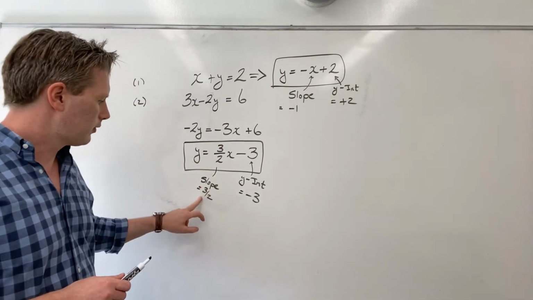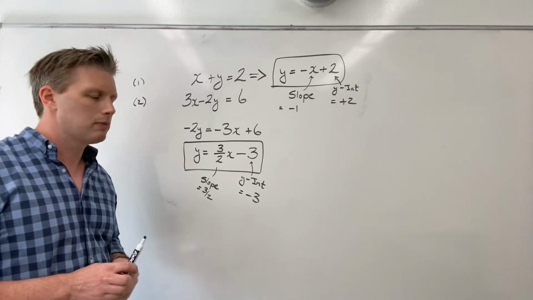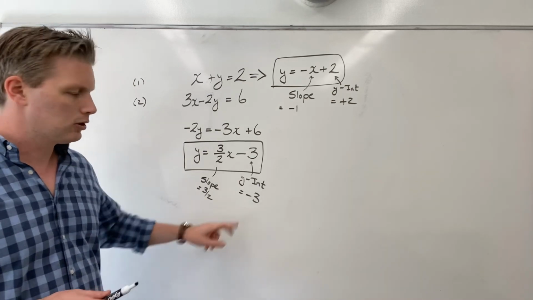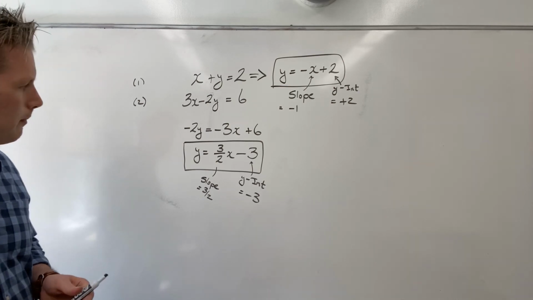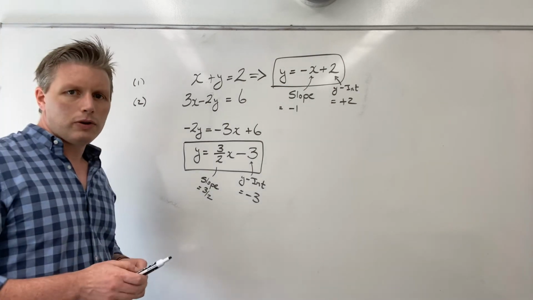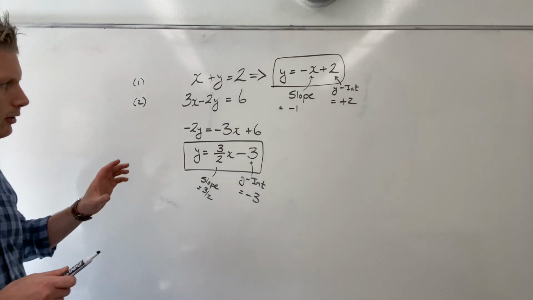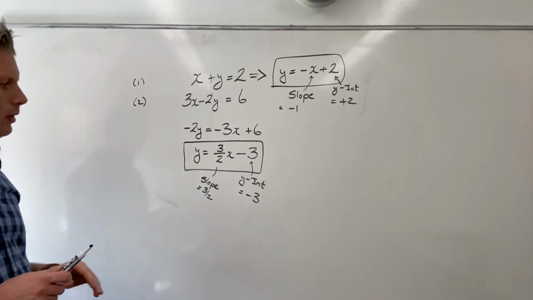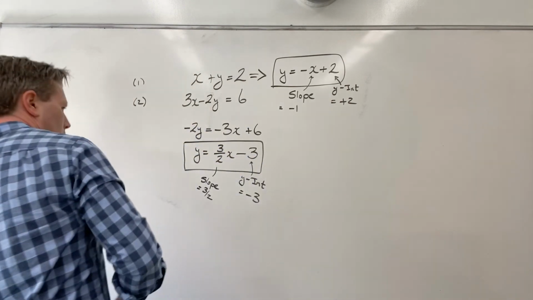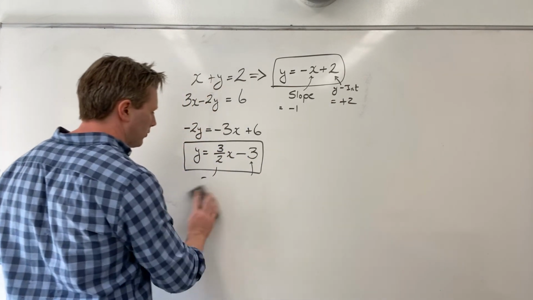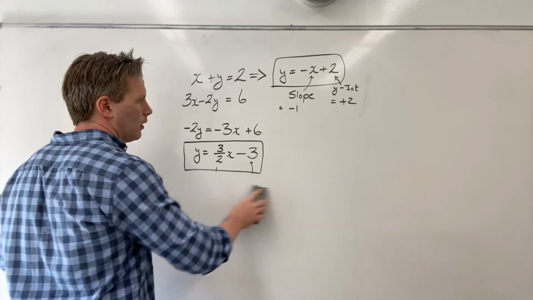paper. Here, I have a slope of 3 over 2, and it crosses the y-intercept at negative 3. Again, just that information alone would be enough for me to graph that on a Cartesian coordinate plane. I want to show you how we can now actually solve this system of equations using this method. Now that we have both lines in slope-intercept form, I'm just going to erase this here, so a little